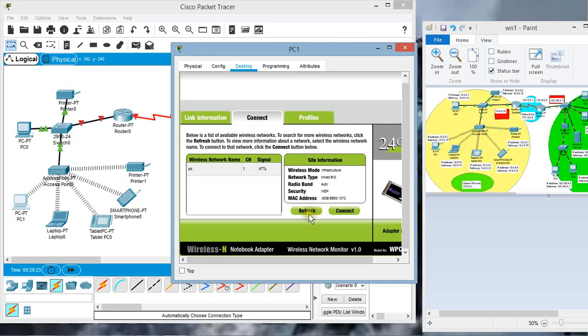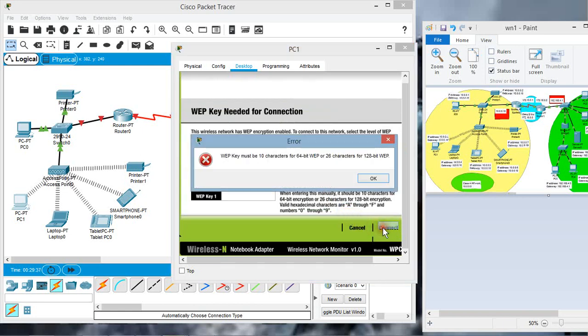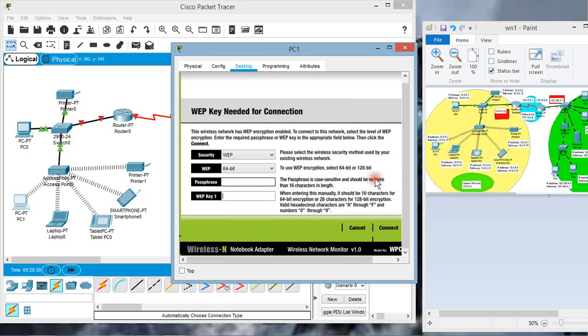Then you will find the SSID here, SK. Select this and connect to this access point with SSID SK. Connect. Then again connect. Okay.